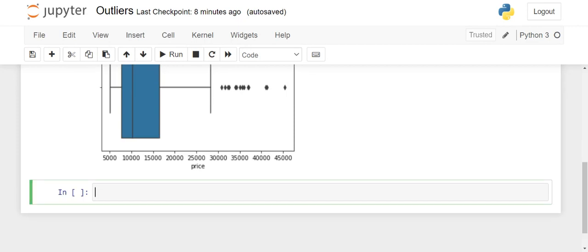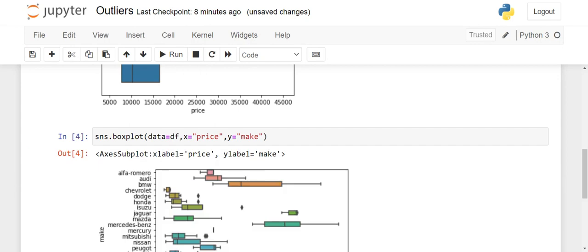Now let's make the box plot for price and the make of the company. sns.boxplot. We'll have to give the data first. Data is nothing but our df, comma, x variable is nothing but our price. We are finding the outliers in price, comma, y variable is nothing but the make.